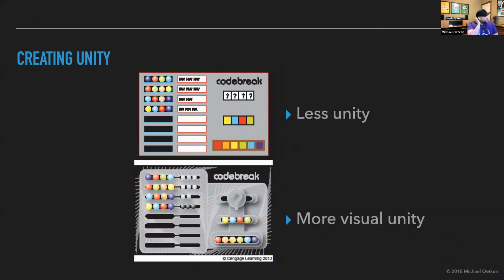All right, so this is an example in the book. It's a little interface here for some kind of a code brick game or something. The first example there, we got a lot of things going on here. We have the different colors, right? We have these different little balls, and the different input boxes, right? So there's some unity in the way it's laid out, but if we look at the example below there,